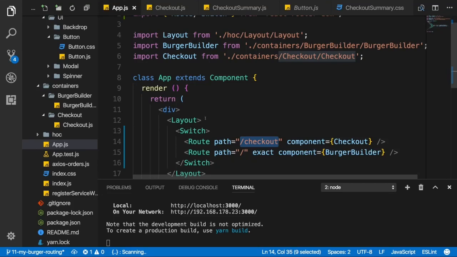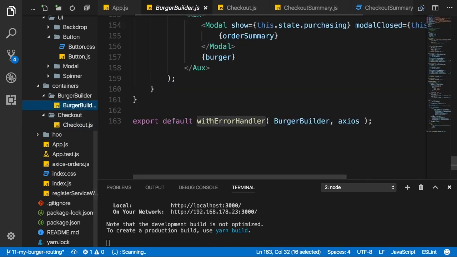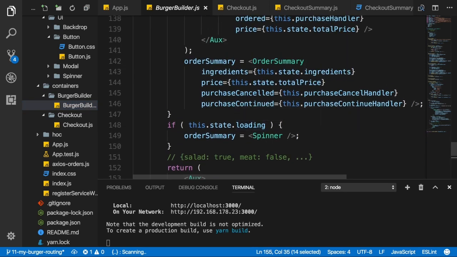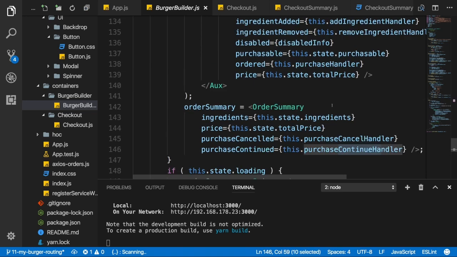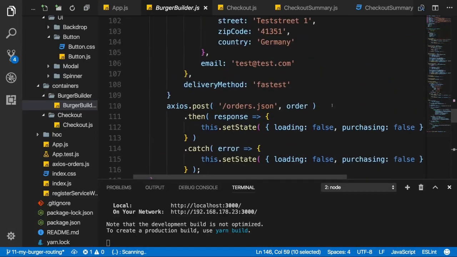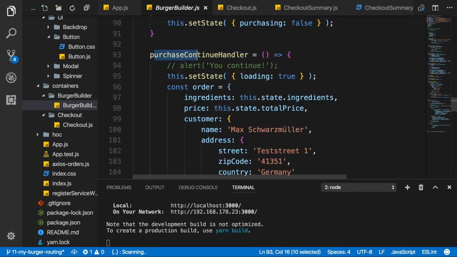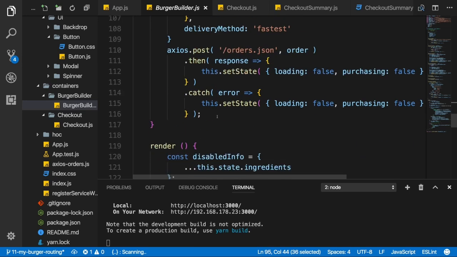In the last lecture I set up routing. Now I want to improve this, and I want to make sure that when I click on continue in the modal here on the order summary, I actually load a different route. Now it's the purchase continued handler here, which is interesting. That is the handler which gets fired when I click continue. Right now this is where I set loading to true and where I then place my order and send it